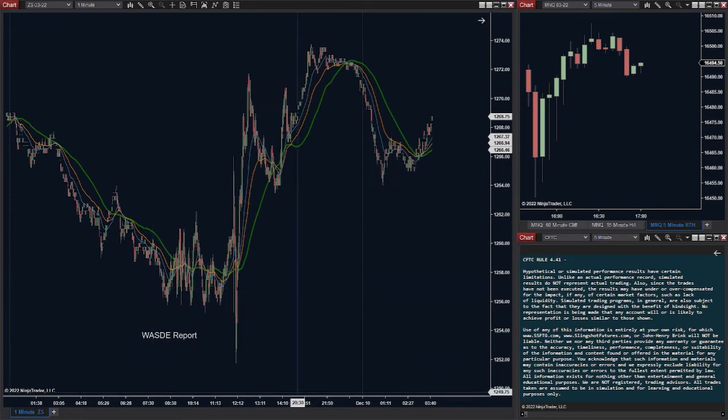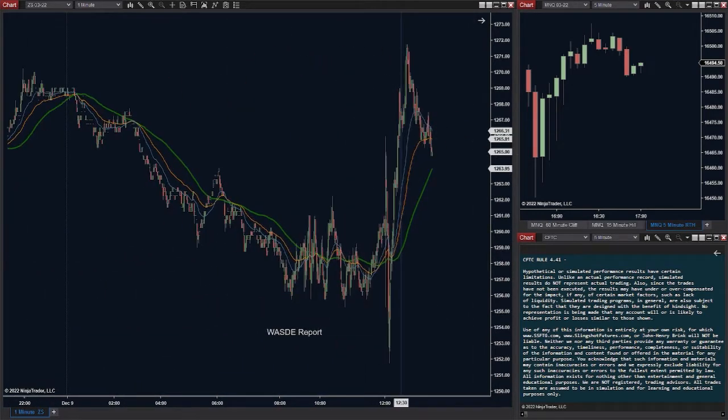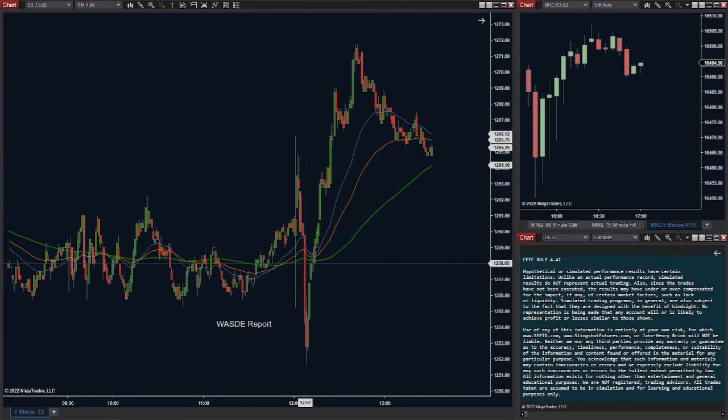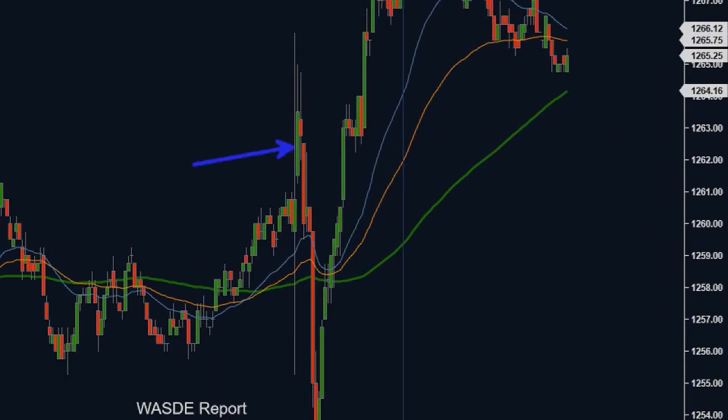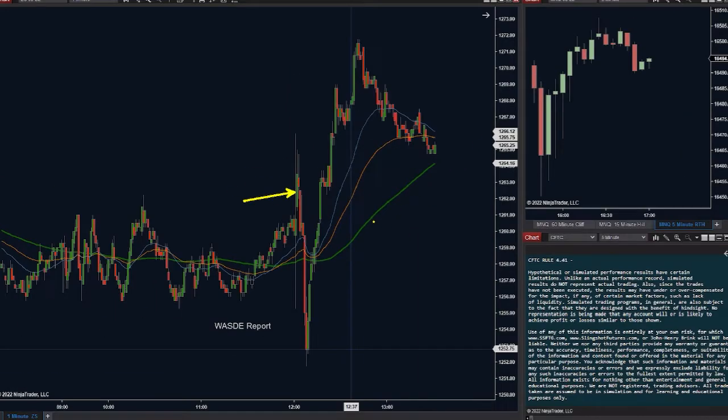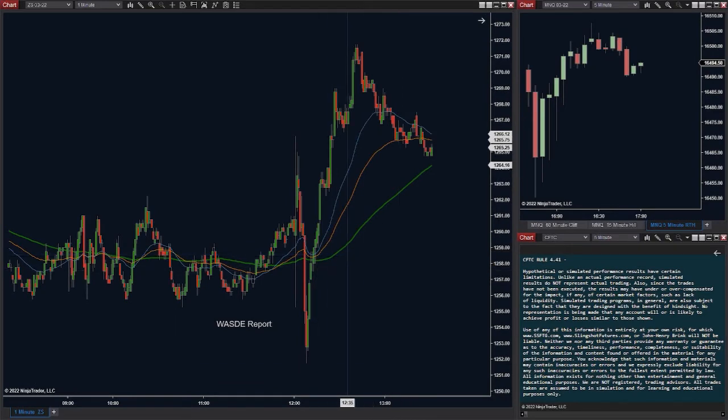There it is. And if we look at when the majority of that movement took place, remember, it plots the time on the candle close, so 12:01 is the one that we're looking at. And if you'll notice, that all took place at 12:01. So the huge majority of the movement takes place very early on in the news report, basically instantaneously. But there is a little bit of back and forth, up and down within that first minute,